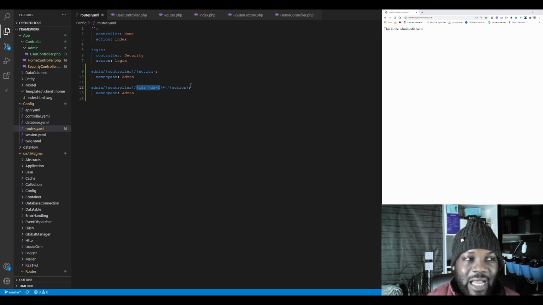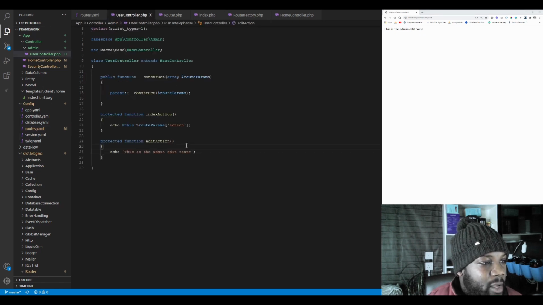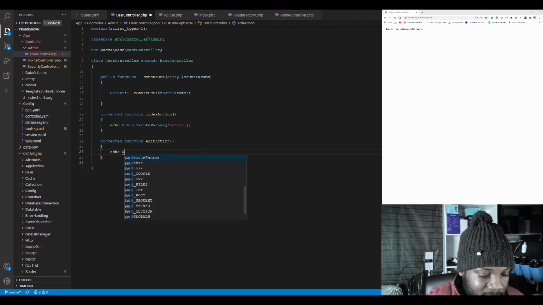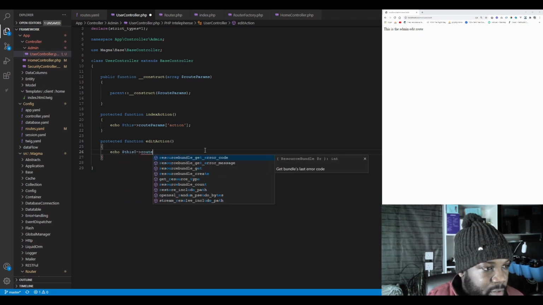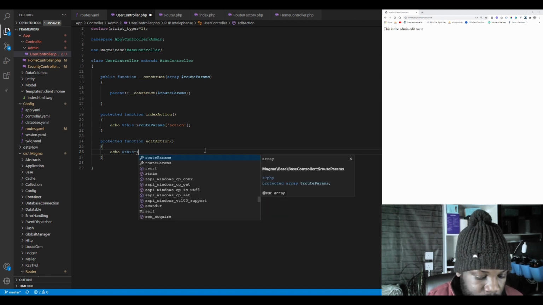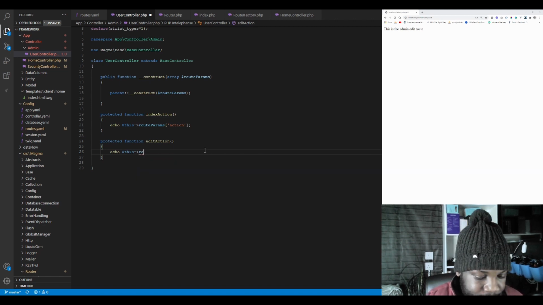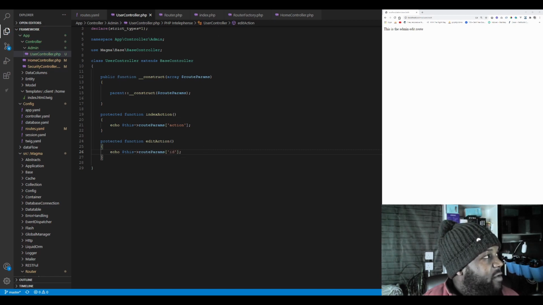It does not matter. I am going to demonstrate that either way it will work just the same, right? So if I go back to my user controller, I can echo out that ID. So I'm going to say this route params ID. So if I hit that